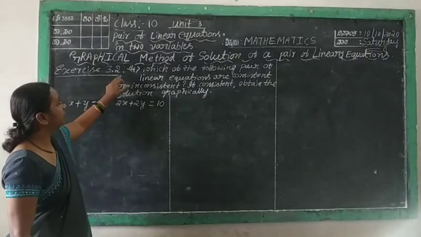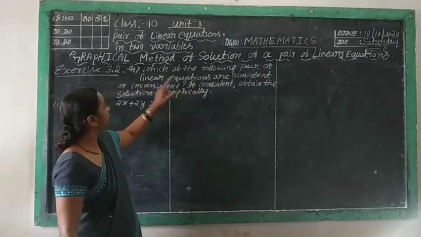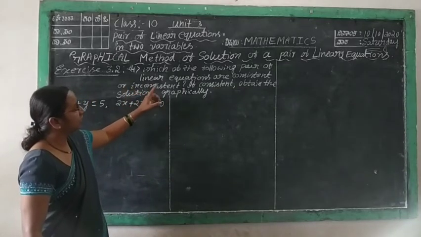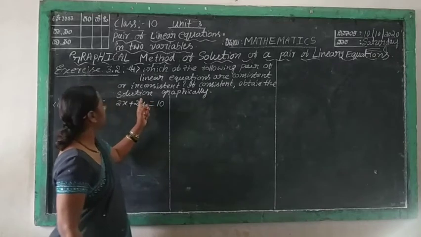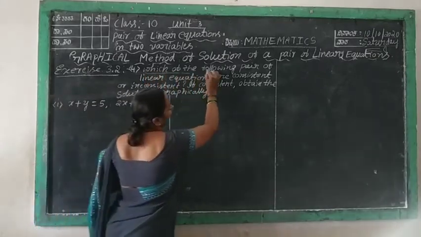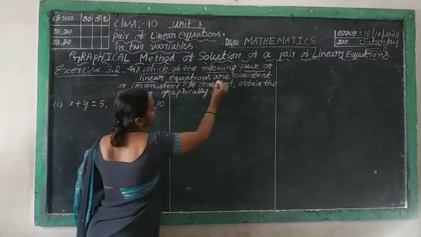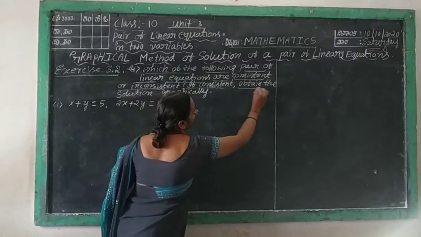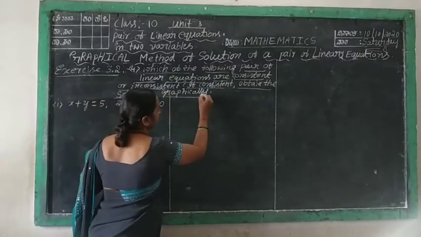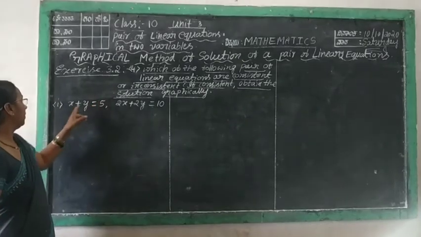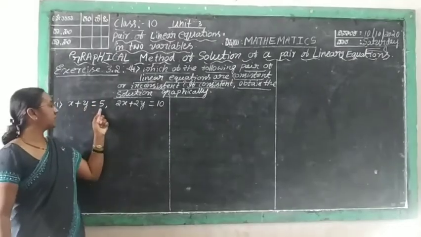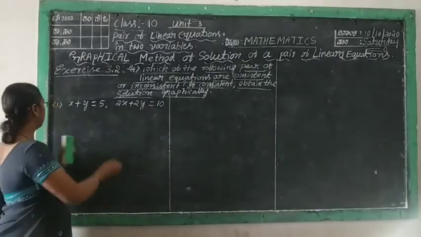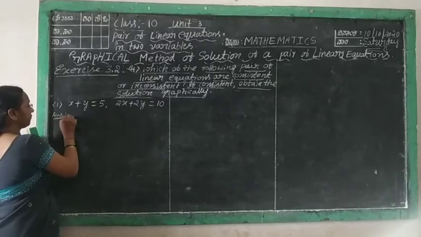Exercise 3.2. Which of the following pairs of linear equations are consistent or inconsistent? If consistent, obtain the solution graphically. First problem is x plus y is equal to 5 and 2x plus 2y is equal to 10. We first write the given equations in the form